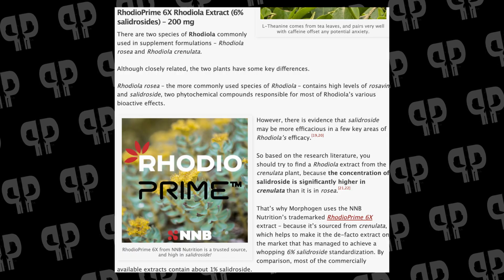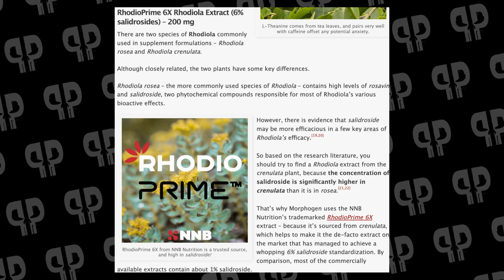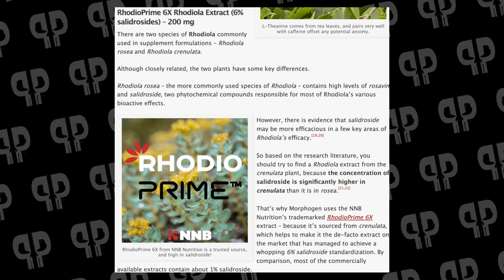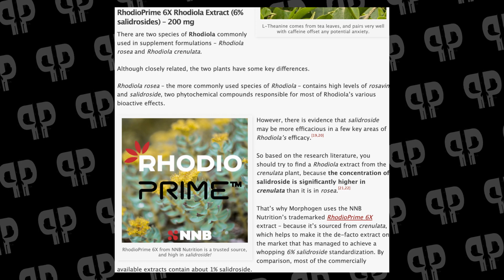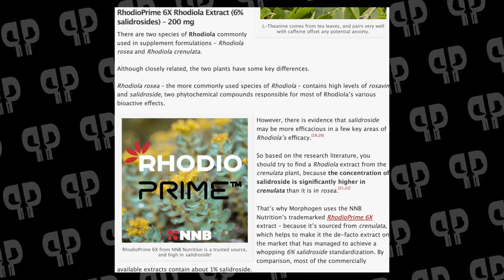It's a rhodiola extract from NNB that has 6% salidrosides. It's at 200 milligrams here, and it's a hefty dosage. Most of the time we talk about rhodiola, we're going to talk about rosavins. But rosavins are helpful for a lot of things, but not really so much the focusing aspect of rhodiola. That's why they use a Rhodiola crenulata extract here, as opposed to the more traditional, commonly used